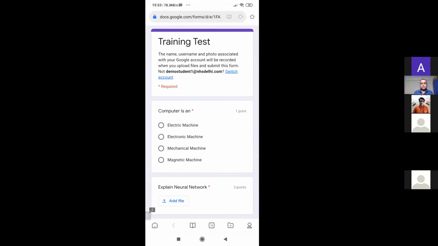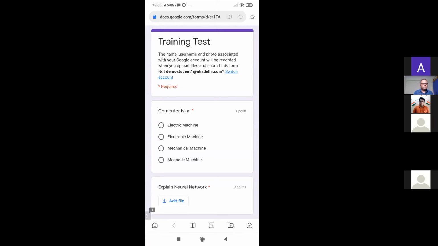Do check the email ID which is getting displayed, because you have brothers and sisters studying in the same school, so it is also possible that their email account may reflect here. So do make sure that it has to be your account when you are logging into or when you are opening the form, otherwise it will get submitted from your brother or sister's email ID.